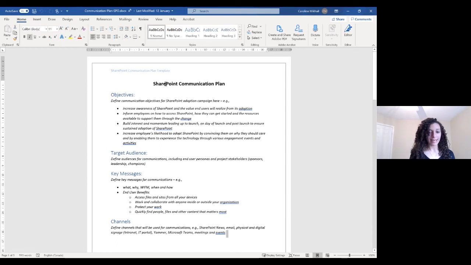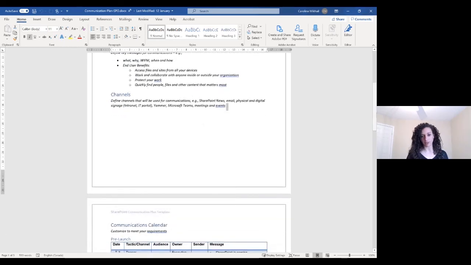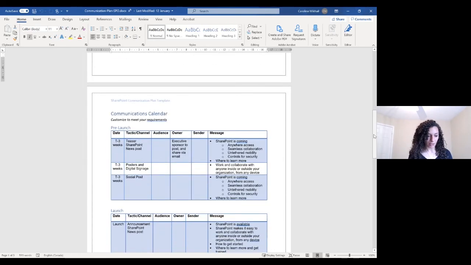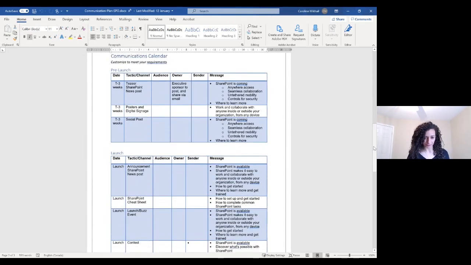Open it, edit the title, add your objectives, your target audience, key messages, the channels, all the things that we identify. And then use the communication calendar, this table, to finalize your timeline and the rest of the details. By now, you should have covered most of this, and it will be easy for you to start